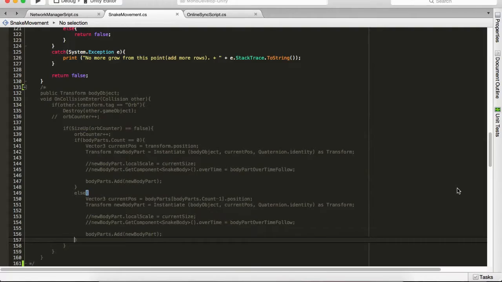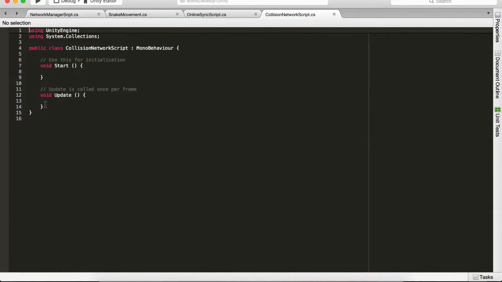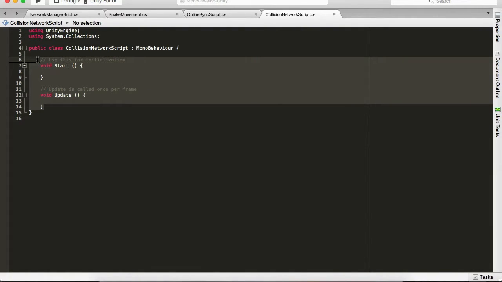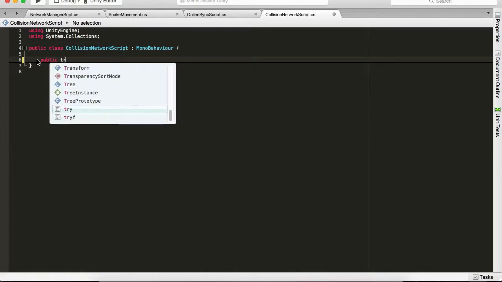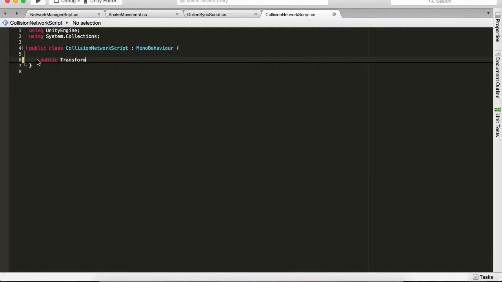and open it up. So we want to do exactly the same thing we did previously, but we will handle this for every snake as well. I will explain everything further. We're going to say public transform body object. If you want, you can copy and paste it. I will write it. Void on collision